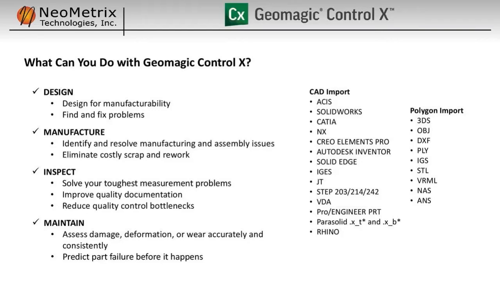Maintain, assess damage, deformation, or wear accurately and consistently, predict part failure before it happens. So kind of going back to the previous point, we can analyze trends in wear or deformation, just like it says. We can see how long that process takes before the part becomes unusable, and then we can translate that to future knowledge, to where we know when we need to replace parts that may be wearing out